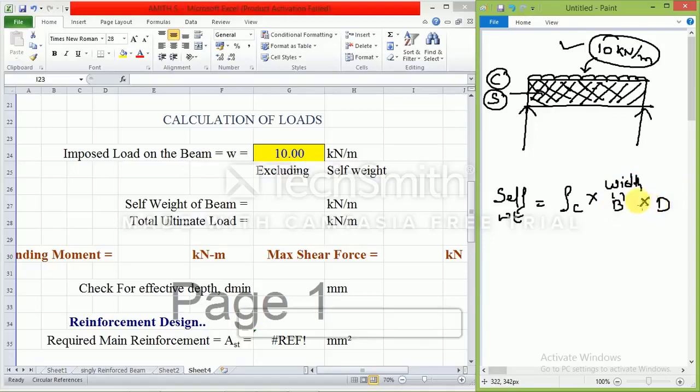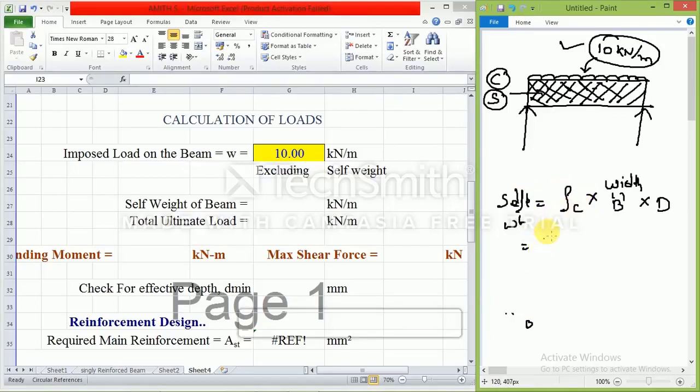So what is the depth of the beam? I'm just writing here. This will be the breadth of the beam and this will be the depth of the beam. I'm writing it as big D, the overall depth of the beam. Small d, the effective depth of the beam, means something else, so don't get confused. Here I am writing the whole depth. This is the longitudinal section, this is the cross section, this is the overall depth of the beam and this is the width of the beam. Into the density of the concrete, I am going to get the self weight of the beam.